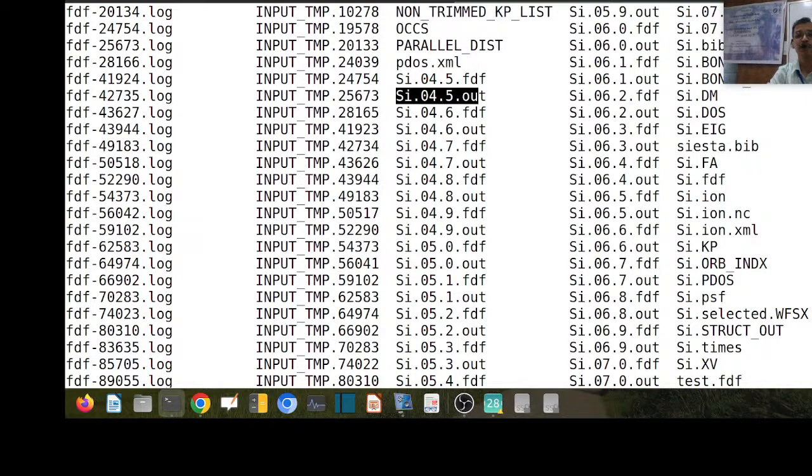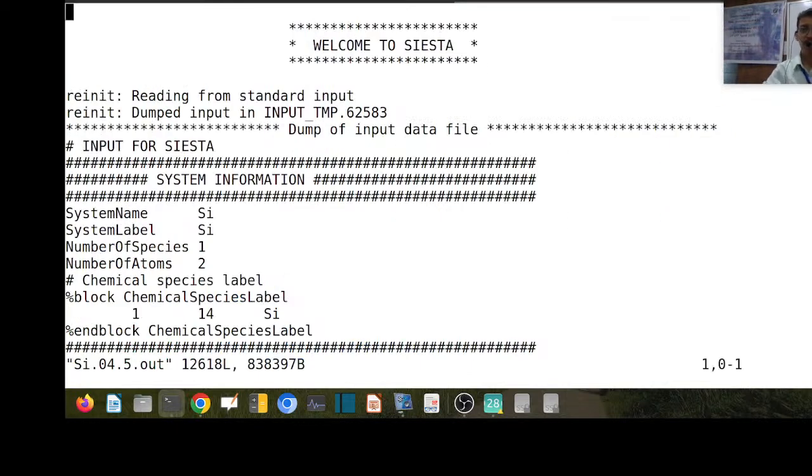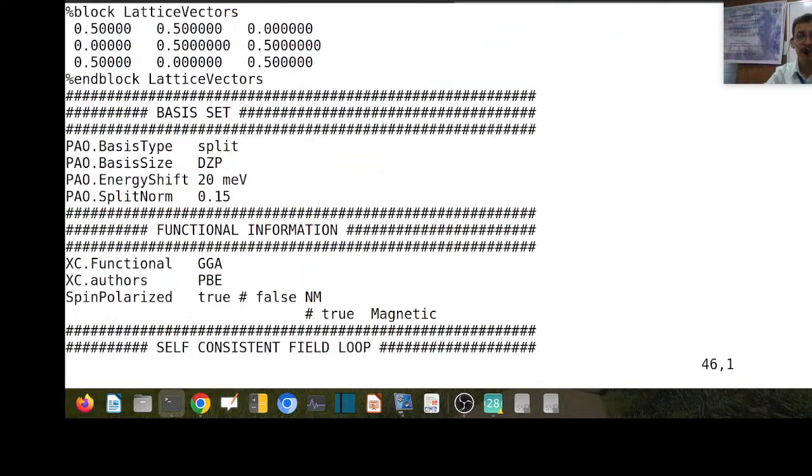So I started with the 4.5, right? So let us look at this out file, what type of information it contains. That's more important. So let us have a look at the out file, VISI dot 045 dot out. So this is the output file, and it contains